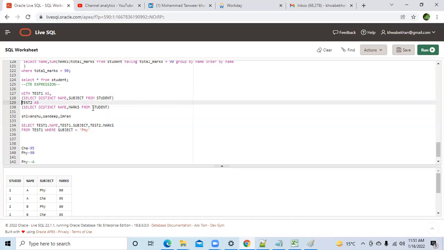Tanvir, yesterday you shared one query for the parenthesis part. Is it possible to discuss it today, or another time? That is the and/or conditions topic, and it will take some time, so let's discuss it in the next class. Otherwise, I suggest you go through it, do your analysis, and then we will discuss it in the next class on Saturday. Any other question?